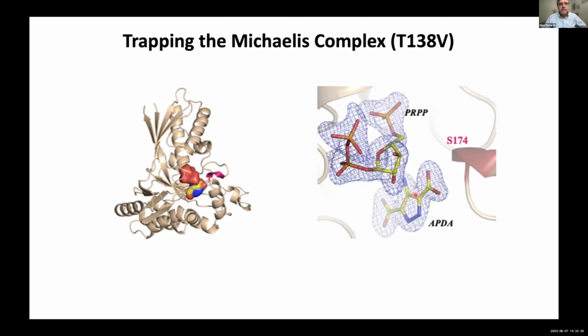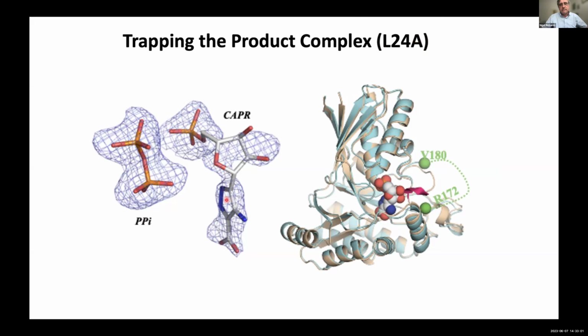Now, we were also successful in using the slightly more active variant to trap the product. So we basically were able to get the crystal structure where we see the product of the reaction after the carbon-carbon bond is formed. And here's the pyrophosphate, and there's a magnesium in here, which we're not showing. We have density. We know where the metal is that's involved in this reaction. So we have these two structures, everything's looking good, and then we notice something that was a problem.